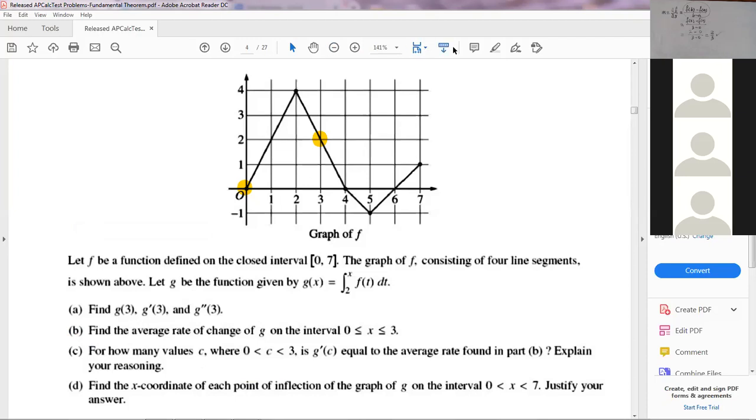So let me just draw the line again, right? Or pretty much pretend to draw the line. So do you have a tangent line parallel to that one right here in these 2 lines? Do you have one? No. No, you don't have one. So the answer is for no value between 0 and 3, you have